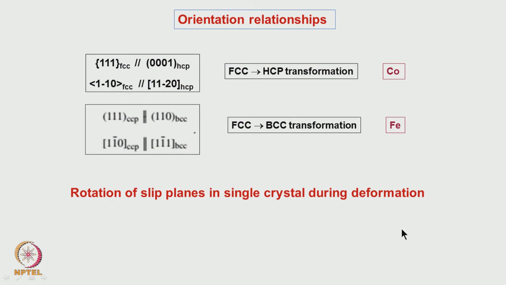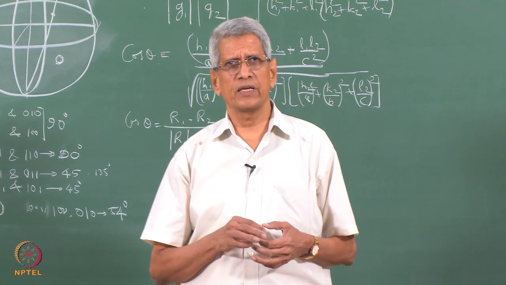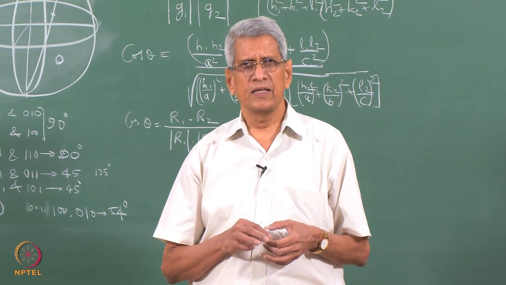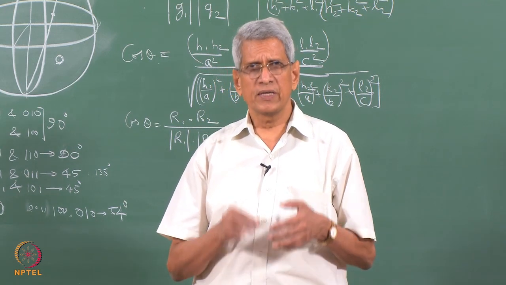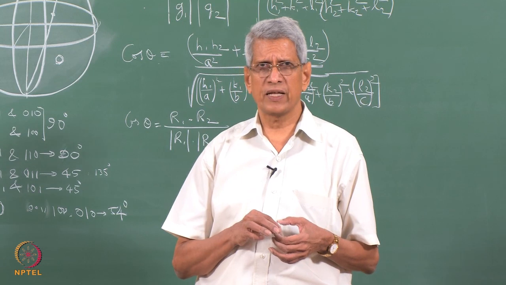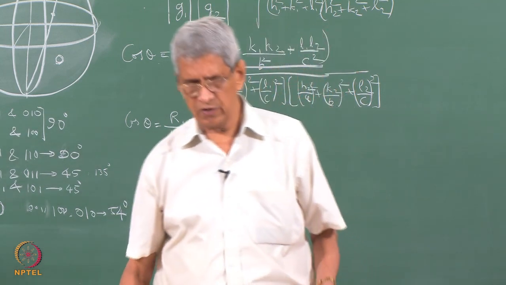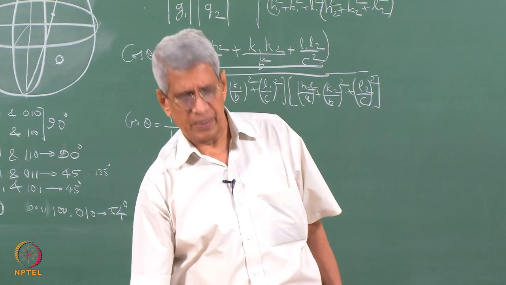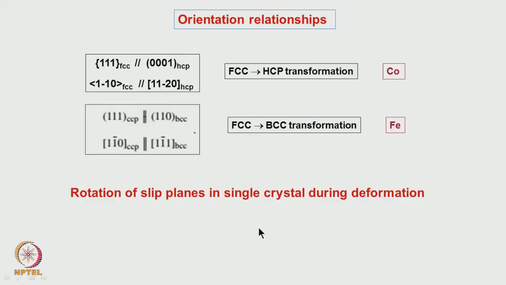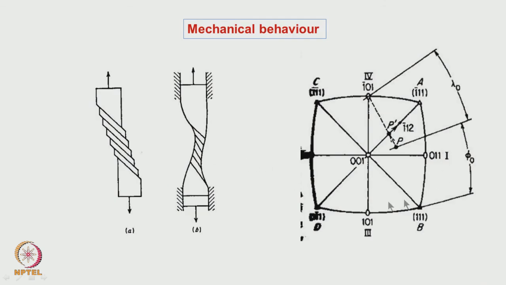If the direction of loading is along some specific directions, then more than one slip system can have the same Schmidt factor, then both the slip systems could be activated. But what is essentially important is that suppose it is along a random direction, one slip system is activated, how the slip systems change during deformation. All this information we can get from looking at the stereographic projection. This is just one example which I had given.